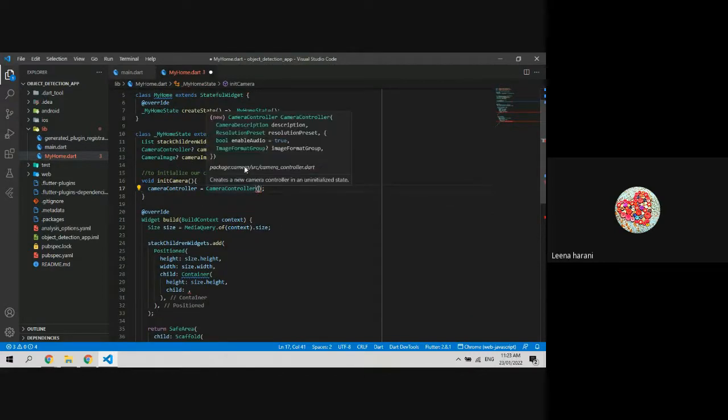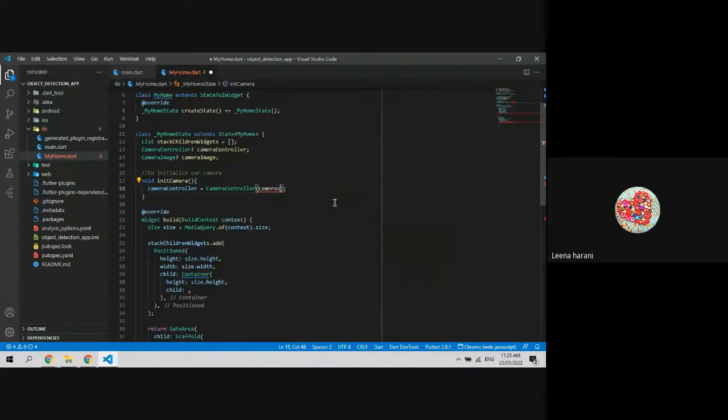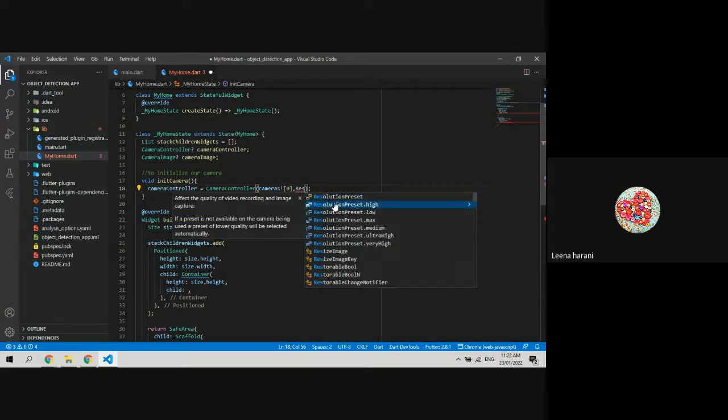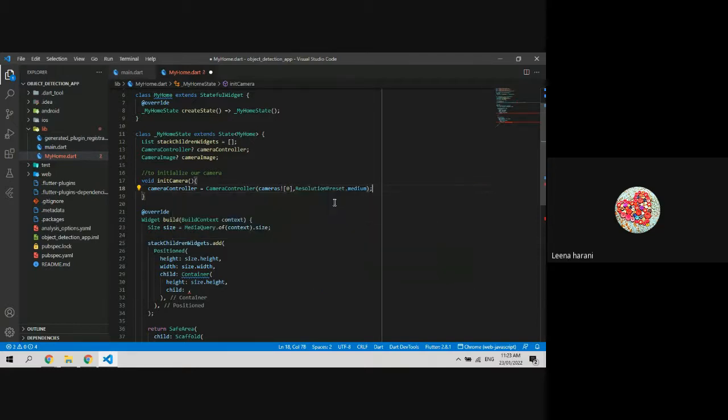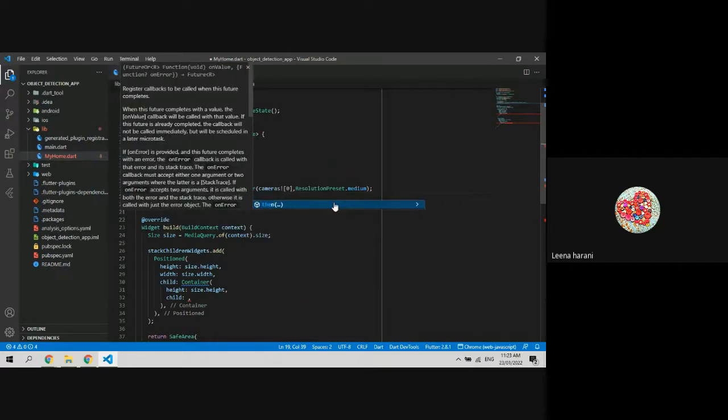So in this, we are going to pass our cameras that we have just initialized. Cameras and 0, first camera is the back camera. So comma, and we'll say resolution preset dot medium. This is the resolution. You can keep it low or high, anything you want. Then we will say camera controller dot initialize dot then